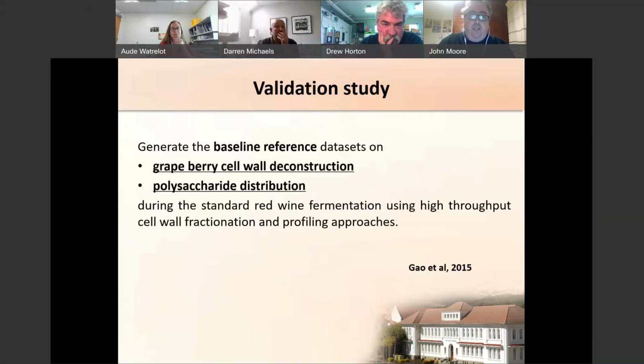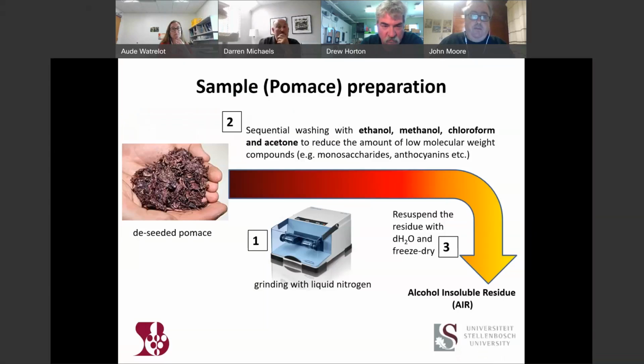So the first objective was a validation study, and that was to get baseline reference data sets of grape berry cell wall deconstruction and polysaccharide distribution during a standard red wine fermentation using this glyco-array approach. And so what we did is we fermented the wines, we added the enzymes following, in this case, we didn't add enzymes, we added a settling enzyme. We wanted to see can we actually fractionate the structure and determine more detailed information on polysaccharide distribution within grape tissues in Cabernet Sauvignon